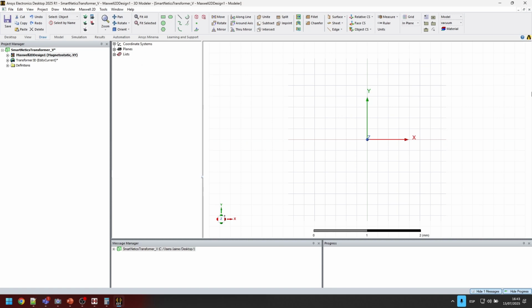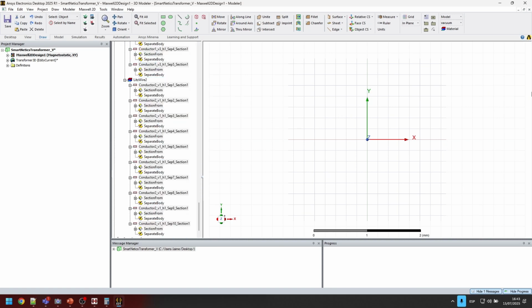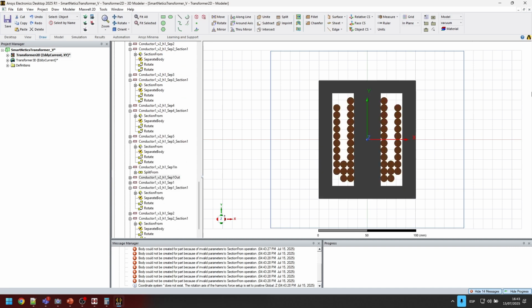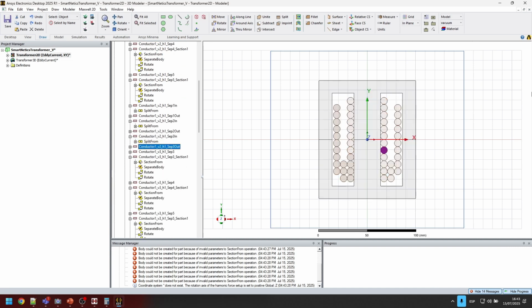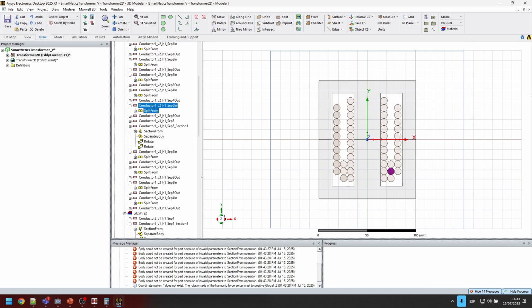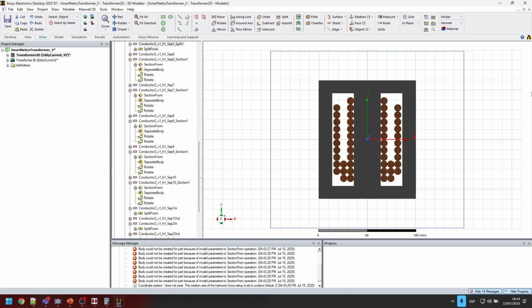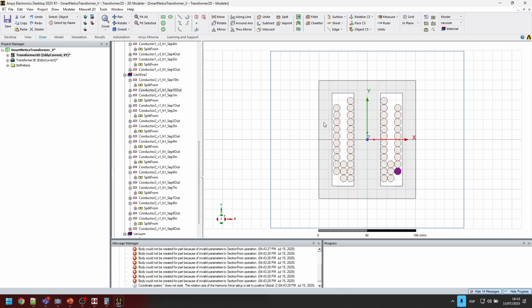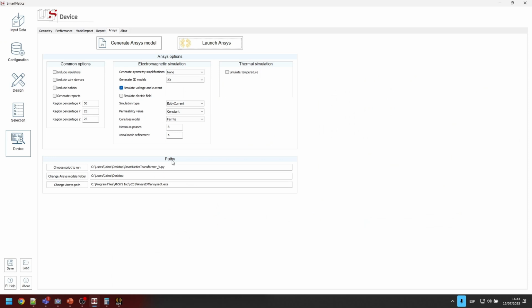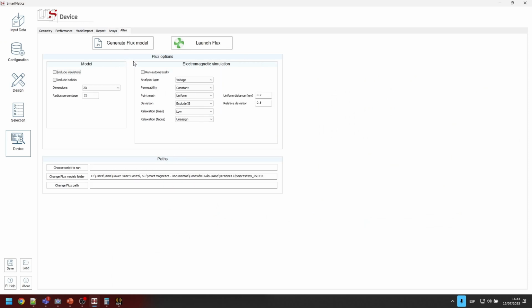In this case, since we selected 3D and 2D, we already got the 3D version, so now it's creating the 2D version, so you can speed up the simulation, and it automatically even creates the reports. You can see the fields and inductance, resistance, etc. So you can see everything without the need to know anything about finite element simulation or 3D modeling or anything. Everything is done automatically. And the same goes for the people that instead of having ANSYS have Altair Flux.